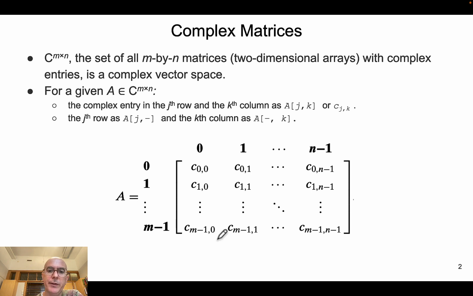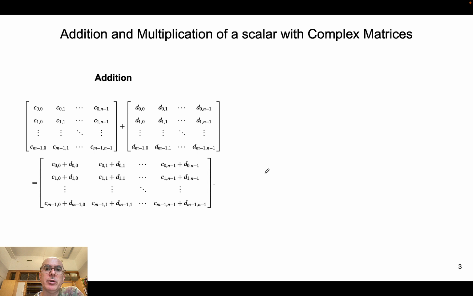So complex matrices are nothing else than matrices whose elements are complex values. In these slides, we have a complex matrix A that consists of a number of elements structured in the matrix, with each element belonging to the complex numbers. We can define operations such as addition between complex matrices in the very same way that you would do with real matrices. In the case of addition, we just add the elements of the matrices element by element. So this one with this one, this one with this one, and so on and so forth,